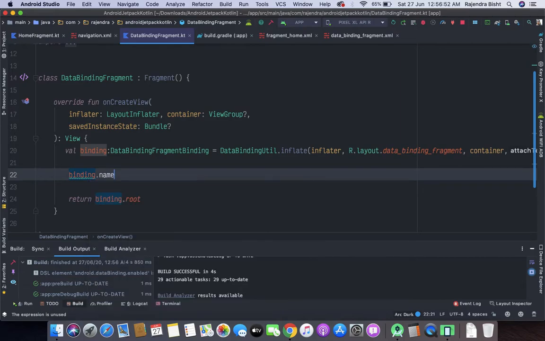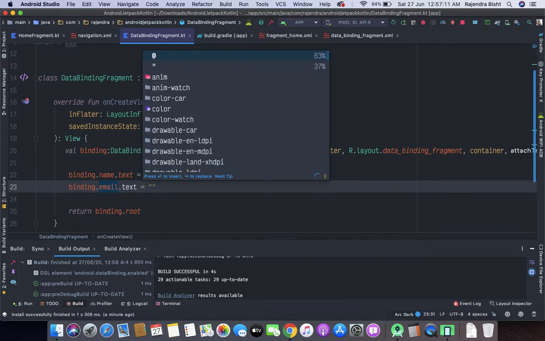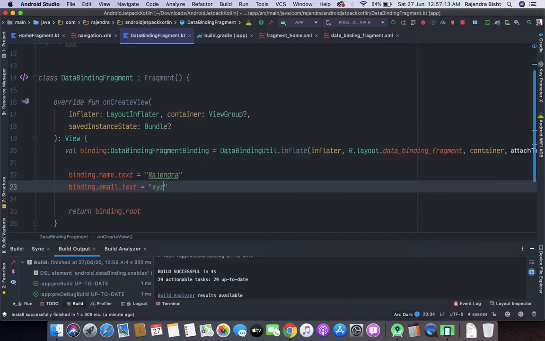So first one is name dot text equal to, let's say, Rajendra, and similarly binding dot email dot text equal to, let's say, xyz at gmail.com.